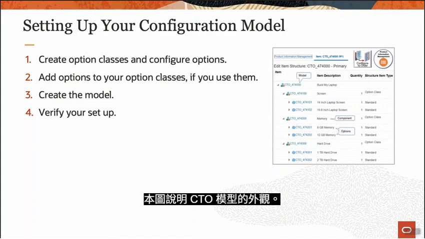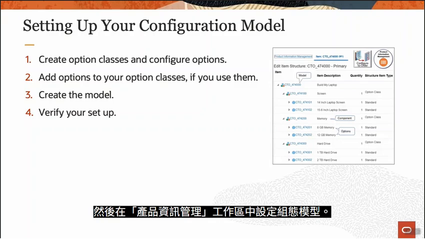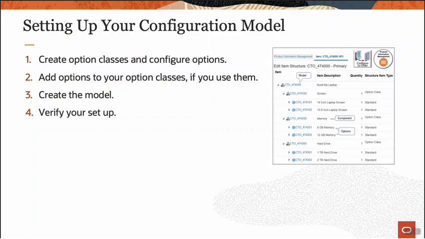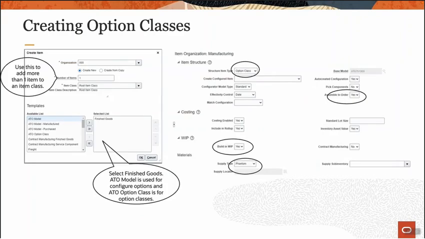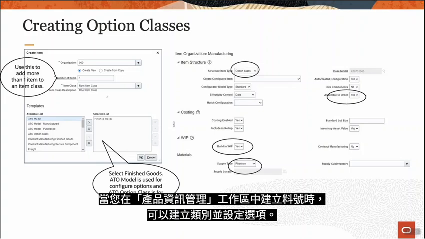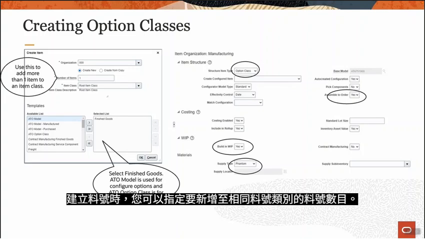This figure illustrates what a CTO model might look like. It includes elements like the item, components, and options. You then set up your configuration model in the Product Information Management work area. You create classes and configure options when you create an item in the Product Information Management work area. When you create the item, you can specify the number of items you want to add to the same item